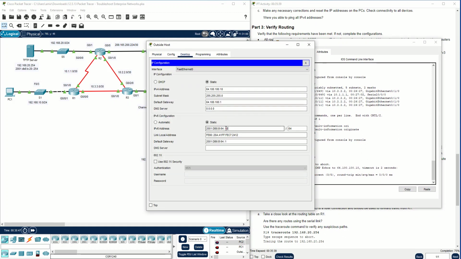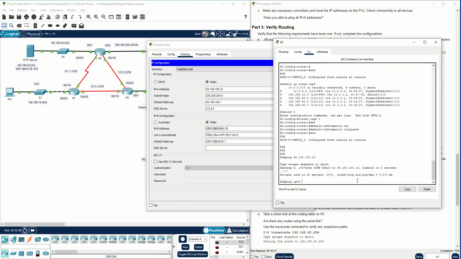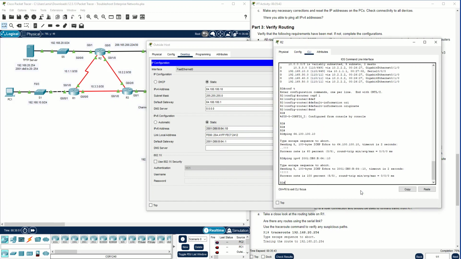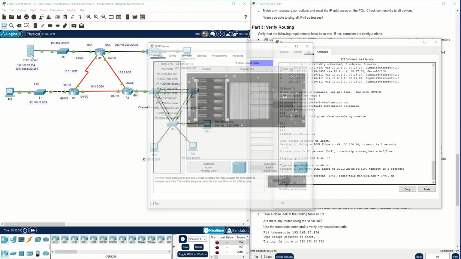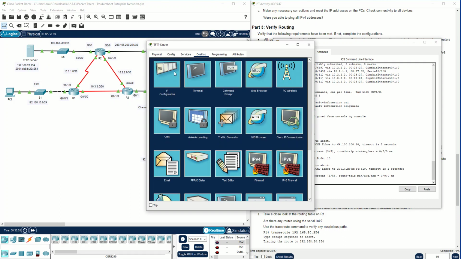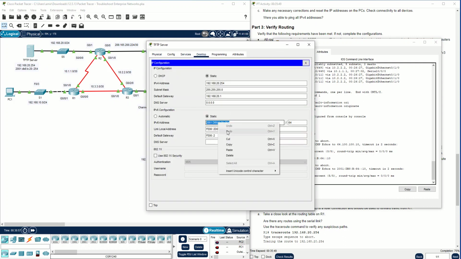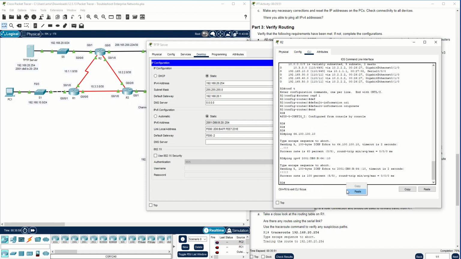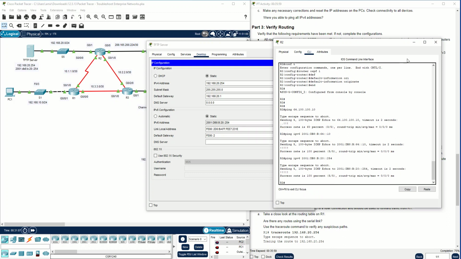What is the IP address here? And this is true, and also for the TFTP server under desktop, you can copy here and write ping IPv6,